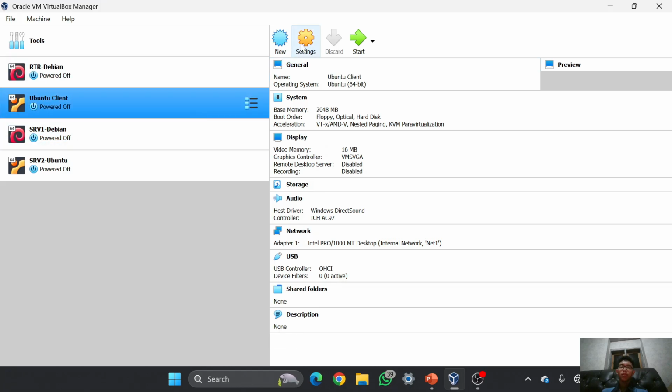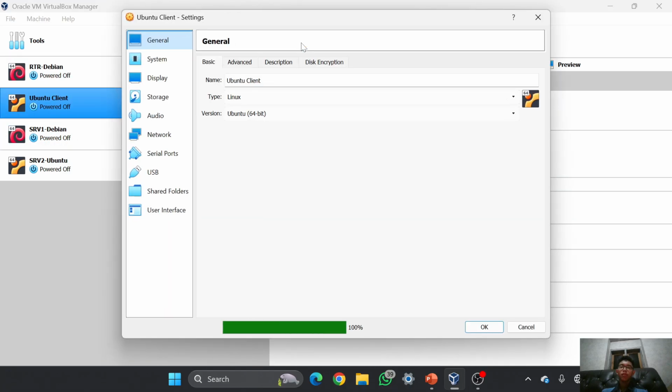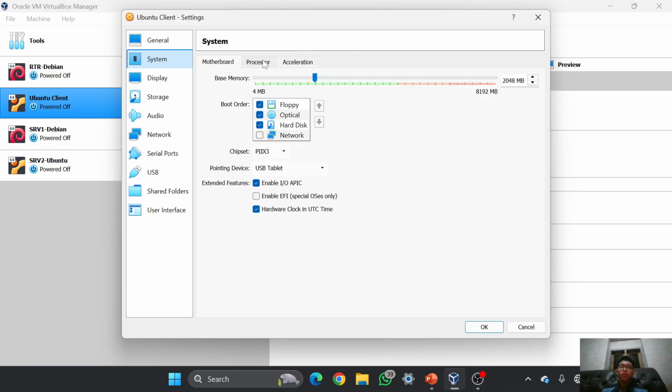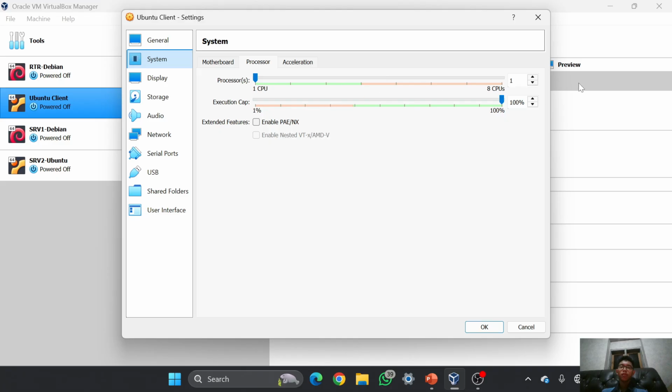And for the Ubuntu client, because it is using the desktop, I think for the RAM I will just keep the default 2 GB, and for the processor I will use 1.